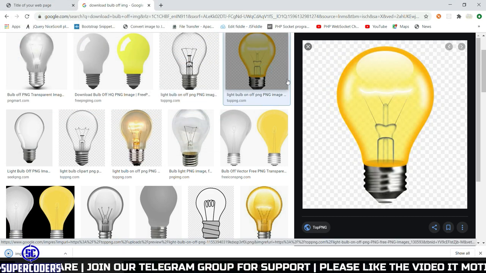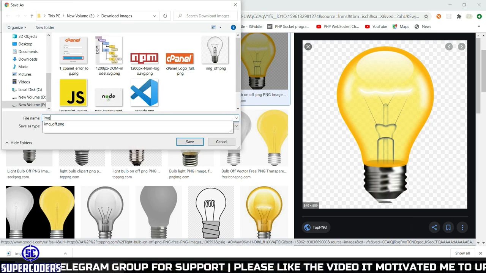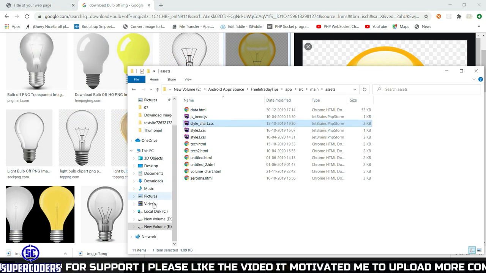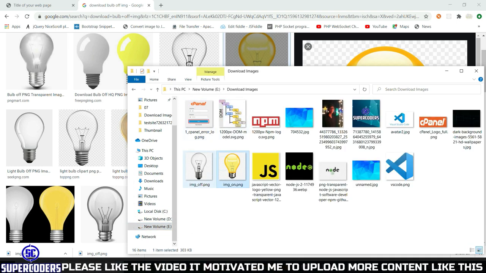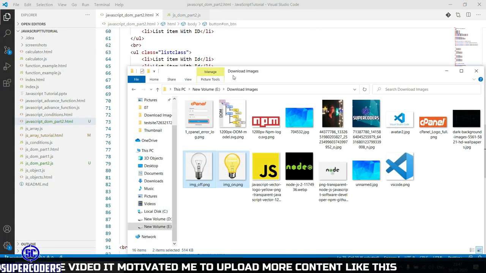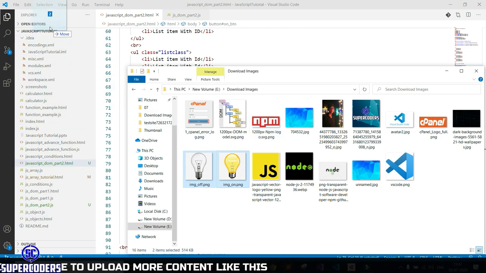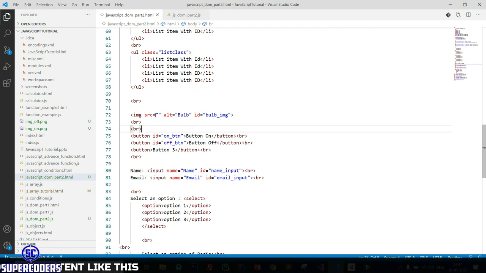Then click on this on, download this as img on. Now let's copy these files and paste them in my folder. So simply drag, and you can see it's copied.